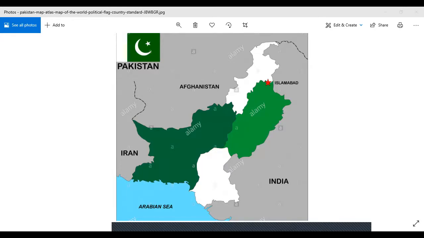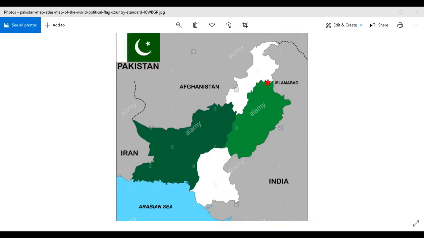Right? If we talk about other maps of Pakistan, they do indicate the different cities. They do indicate the provinces in Pakistan. They do indicate the different small towns. There are some maps in which the ports, different hilly areas, different cities, different towns, everything has been mentioned, right? So it depends upon the category or which type of map you are having.